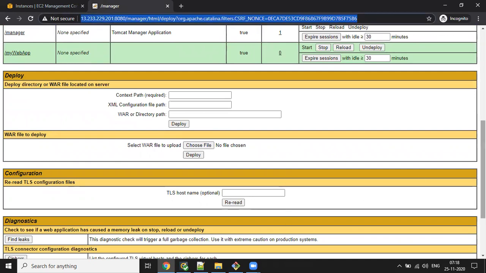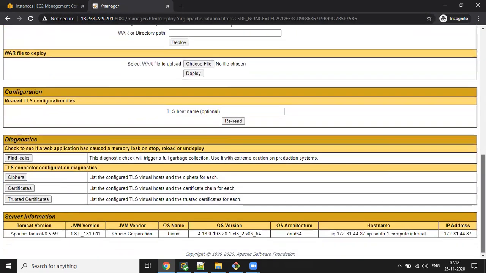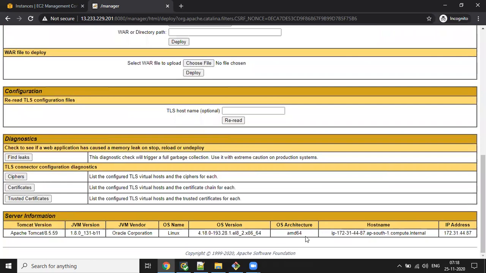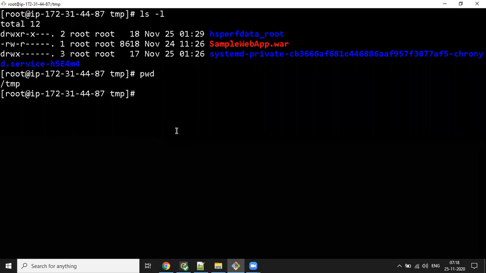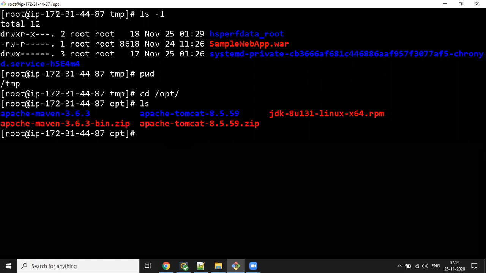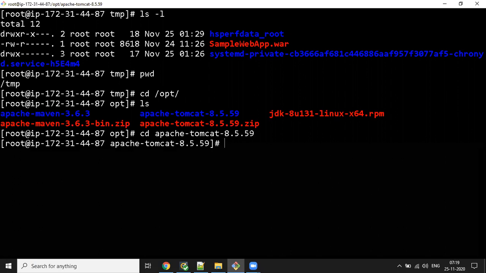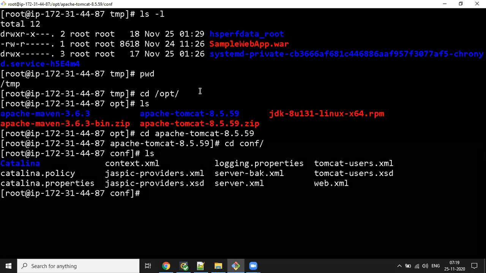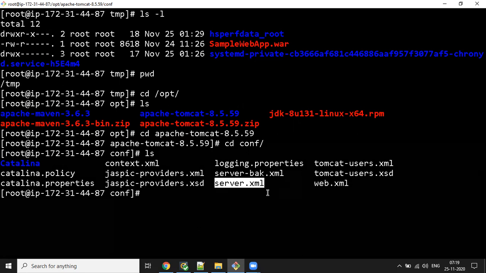Now we will change the port number of the Tomcat server where it is located. Get inside the Tomcat directory, cd conf. We have to check the server.xml file where the port 8080 is enabled.